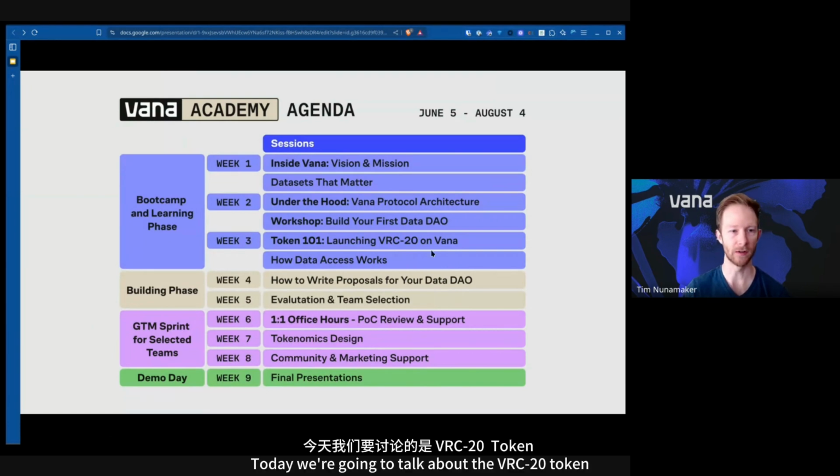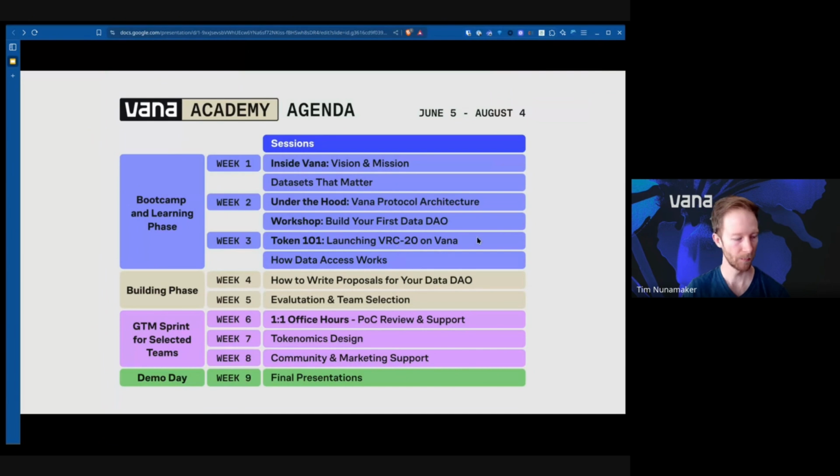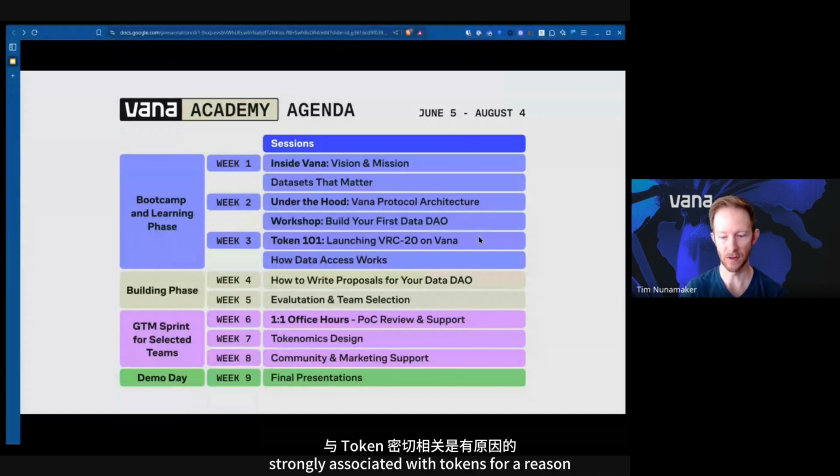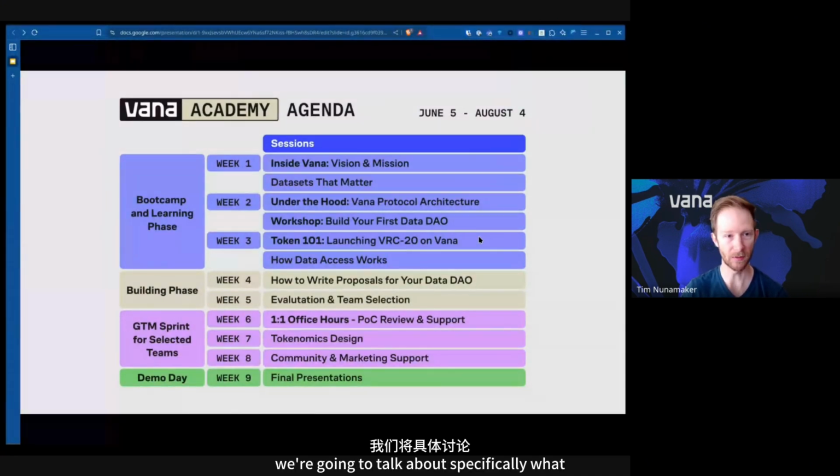Today, we're going to talk about the VRC-20 token. Specifically, if you've been in Web3 or even if you haven't, crypto and Web3 are strongly associated with tokens, for a reason. We're going to talk about specifically what a token can do for a data